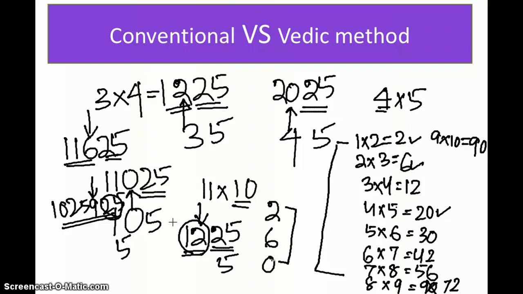So that's what I mean: when you do mathematics, get a little inclined to it, try to dig out more, it will be interesting. Just do not go by the conventional way of thinking, oh I need to finish this, that's all. No, go a little more, a little ahead, dig into the numbers, find out what kind of pattern they give if I multiply all the numbers, and whether I can get something out of the pattern. Here we actually got something out of the pattern, right? So just think in those terms, and you will see a lot of applications of this kind of thinking technique in a lot of sessions coming ahead. Thank you.